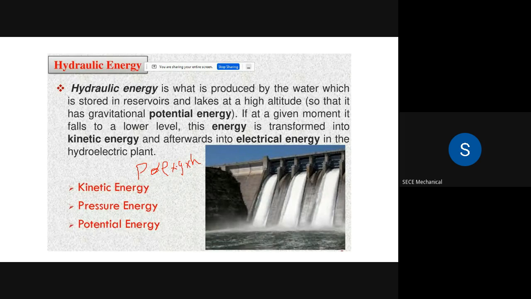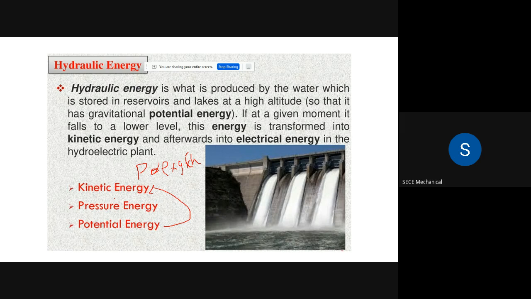So as the altitude of the water increases, the pressure increases. This is the main reason the height is considered as the potential energy. Whenever the height increases at a static or stagnant level, the potential energy keeps increasing with the altitude. When it flows down, the potential energy is transformed into kinetic energy. The more the potential energy, the more it converts to kinetic energy. After that it will be converted into pressure energy or electrical energy.